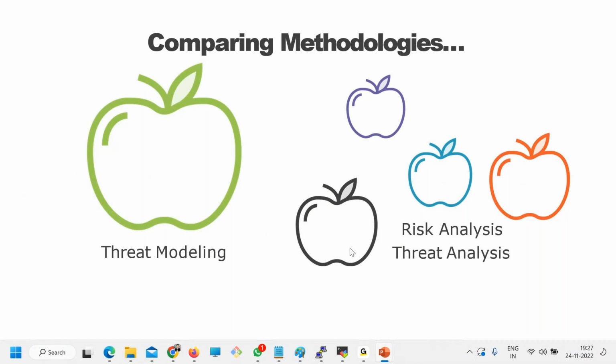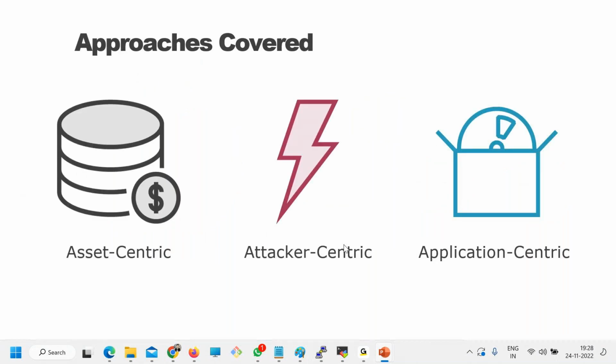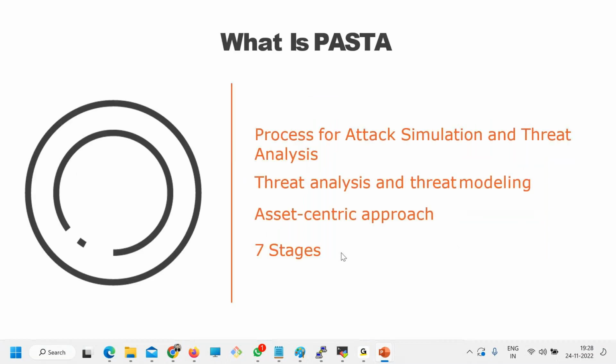So yeah, comparing methodologies. For that, threat modeling and risk analysis and threat analysis. The approaches covered are asset centric, attacker centric, and application centric. So PASTA. What is PASTA? PASTA: process for attack